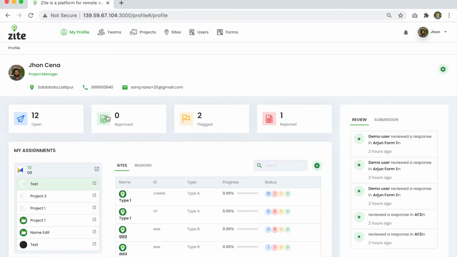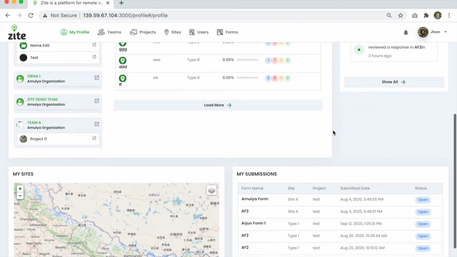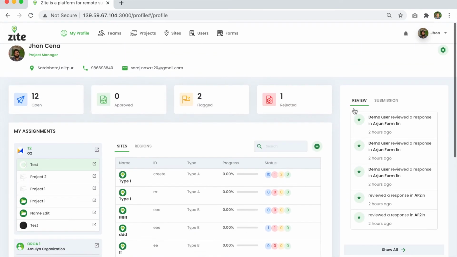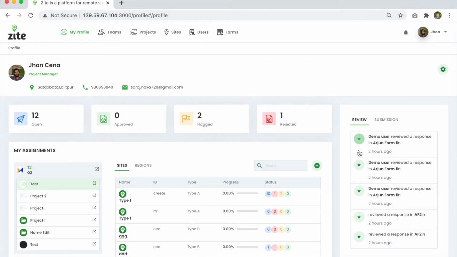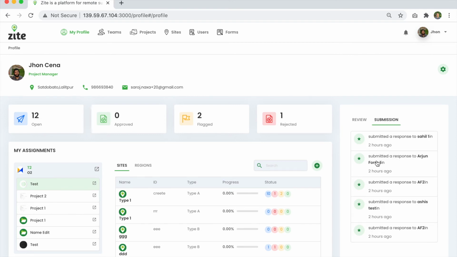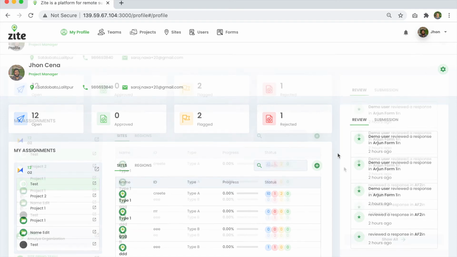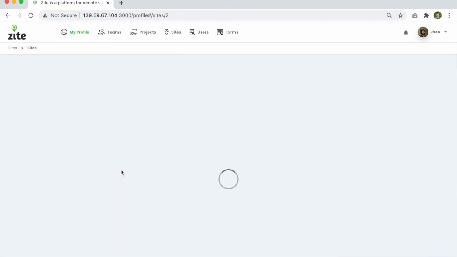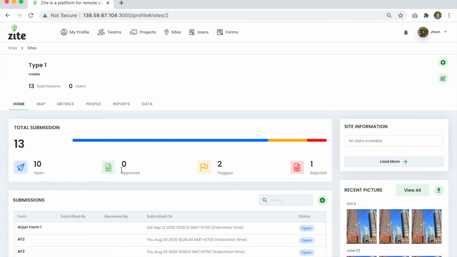It'll tell you how many submissions have been submitted and what their status is across all of your different projects. You'll be able to see your own submissions that you've submitted, a map of all of the sites, and then a series of notifications that'll tell you things that you might have to review or submissions that you might have to make. But if I go into one of my sites here, we can see how I can really view things